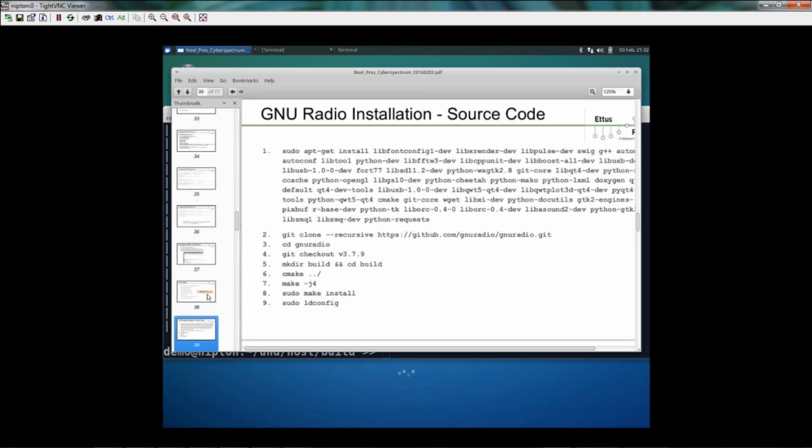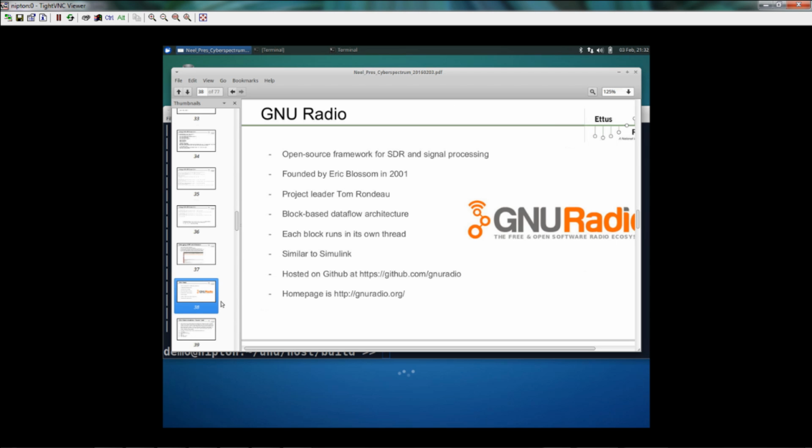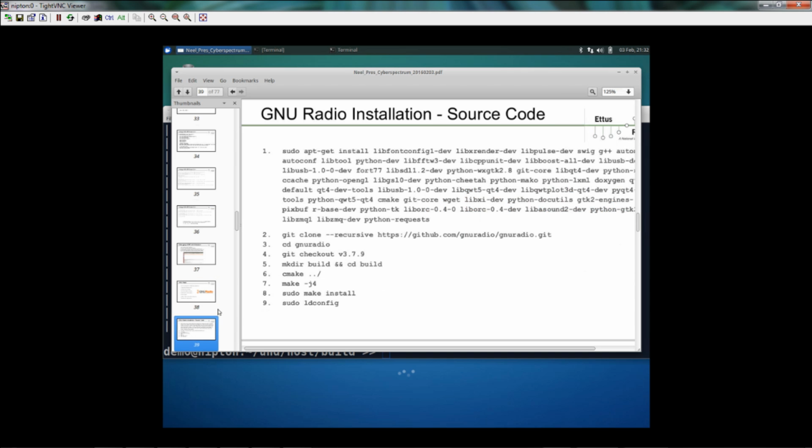Before I get into building it, I'll just say one other thing. Actually, let me hold that. Let's go ahead and try building it. And again, there's a whole bunch of prerequisites, a little bit longer than for UHD. Some of these are graphical in nature because GNU Radio has GUI widget components to it, and so you'll see a lot of Qt and WX dependencies here. All of these should already be installed on my system. I don't know if you want to race and try typing all of this. I doubt it. So, maybe what I'll do next time,